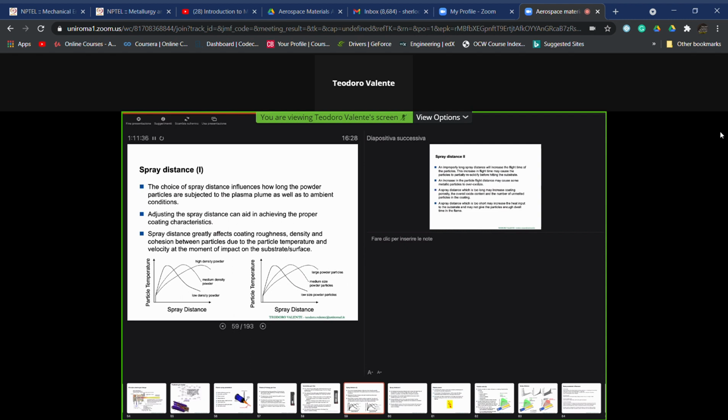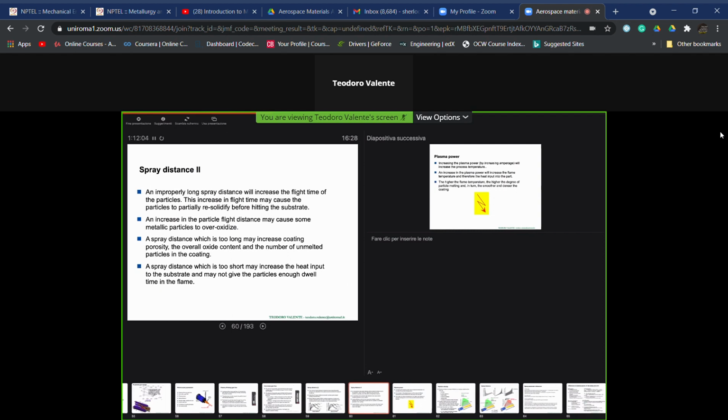The only thing that has to be kept in mind is that parameters are defined for an as-fabricated torch with anode and cathode in the original state. And that must be kept in mind, because the consumption of the cathode can alter the plasma formation, and that affects the coating